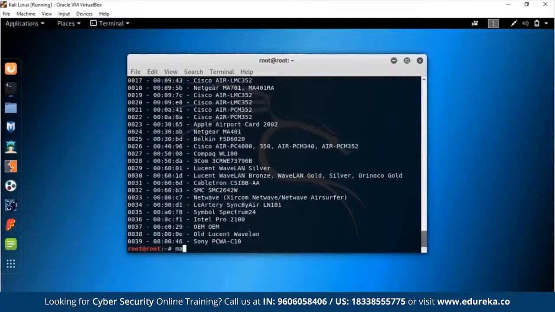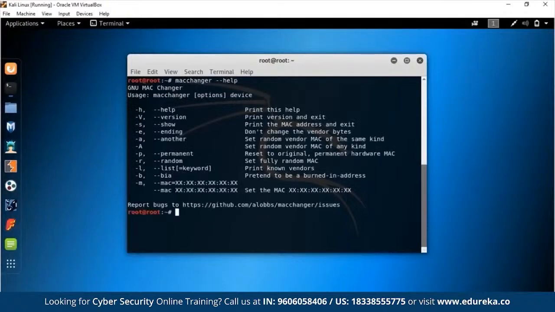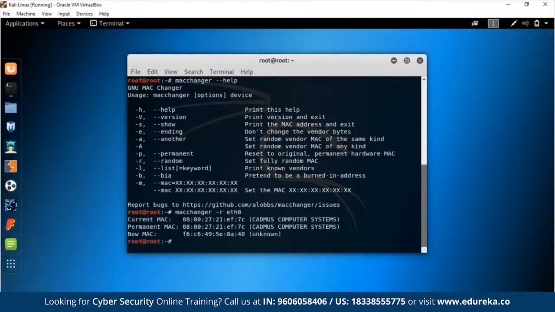So macchanger is also very useful for getting the list of all the MAC addresses and their vendor IDs. Now let me just clear the screen out quickly. So we go clear, and let's bring back the help. So we go macchanger --help. Now what we want to do is give ourselves a random MAC address. Now in macchanger, that is done with the -r flag, and we want to do it on eth0. So once you run that, you will be given a new MAC address.